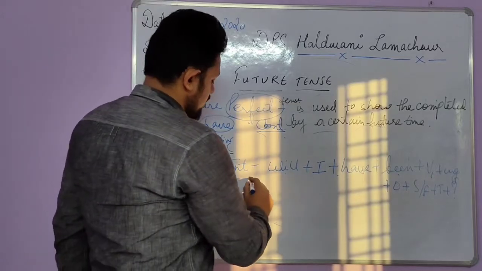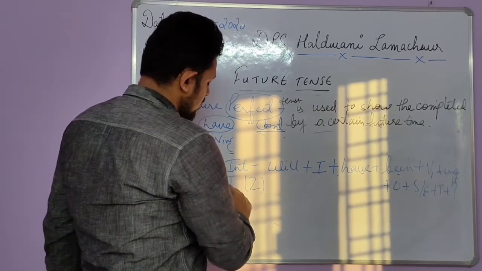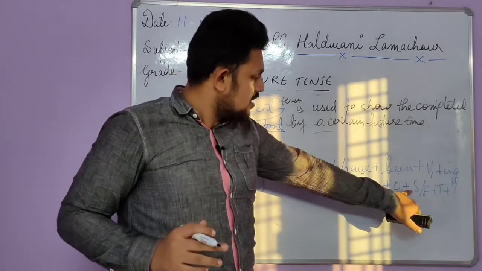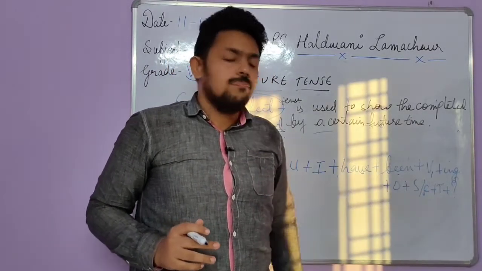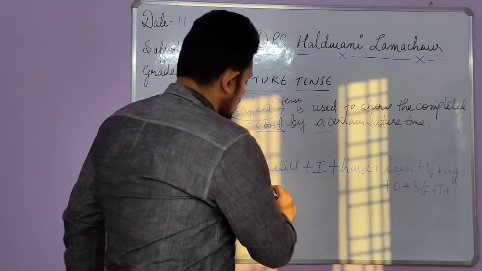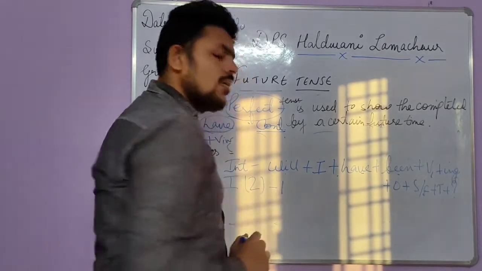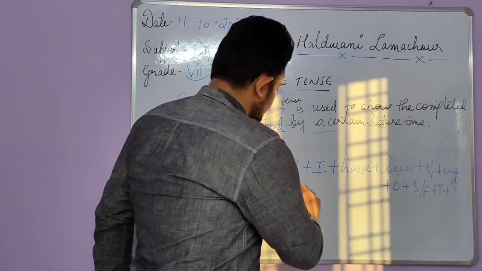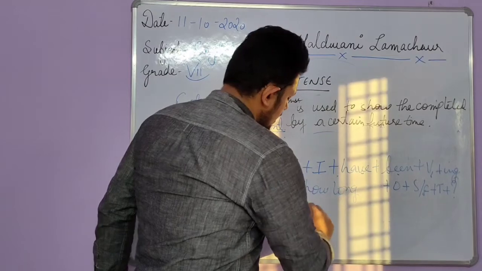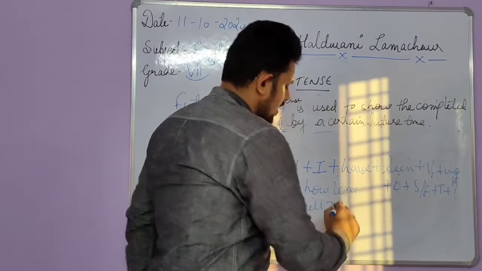Now the second form of interrogative sentence. If you are asking the time, then the time will not come here. Okay. Will, you have will. So for how long will I